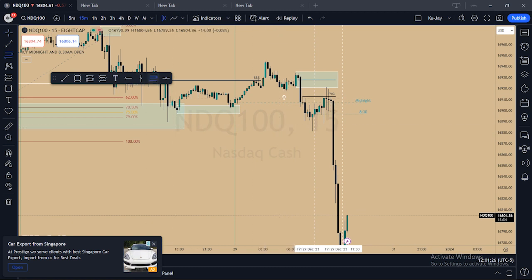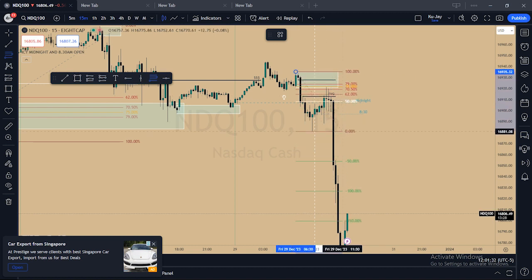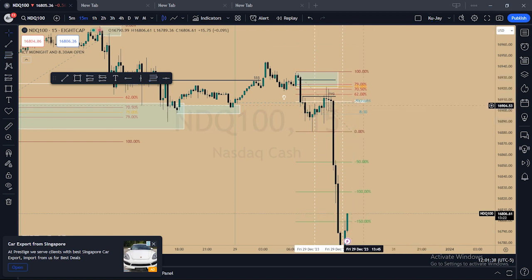I'm just going to be quick. So this is what I did. I could have done this. Actually, I was just watching price while I was playing games. So then you take up your fib. You could enter on the 62 level. This is the OTE, optimum trade entry point.